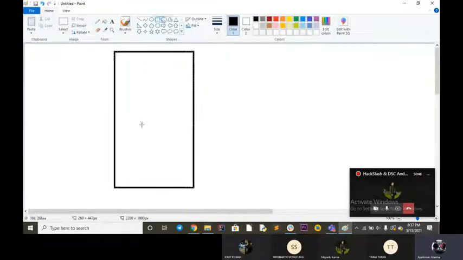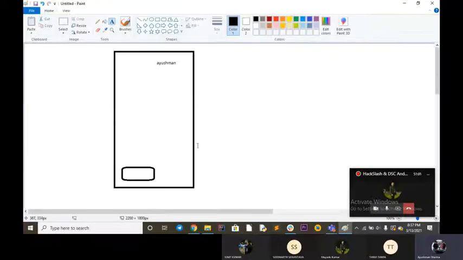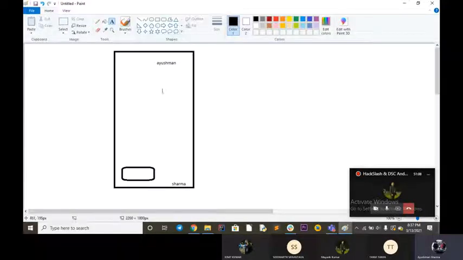We have a button here. We have a text view here. We have a text view here as well. So we can't have this arrangement with linear layout.